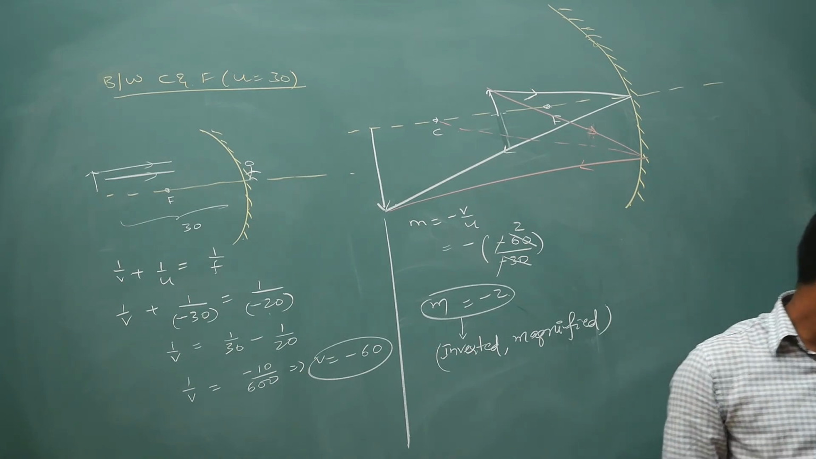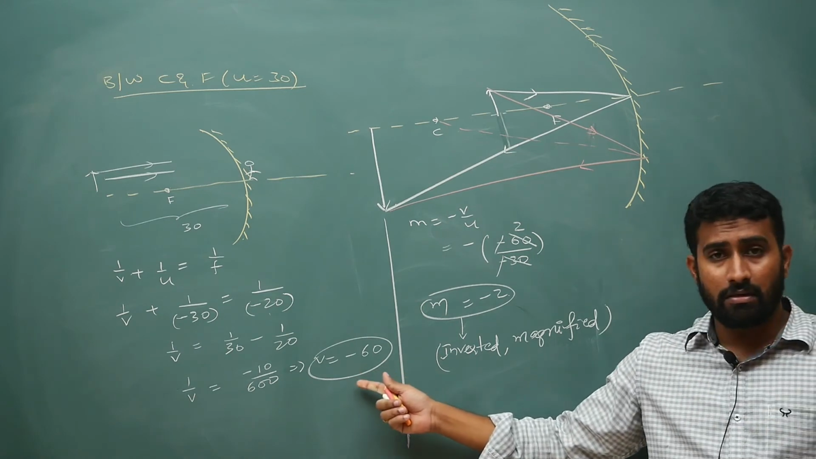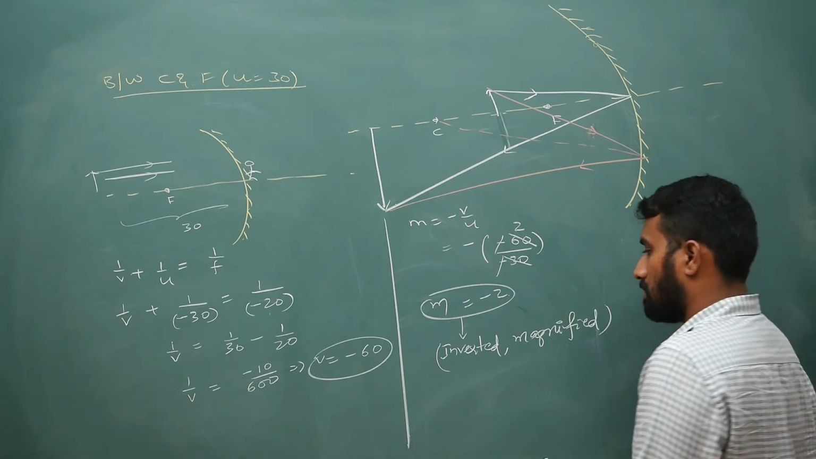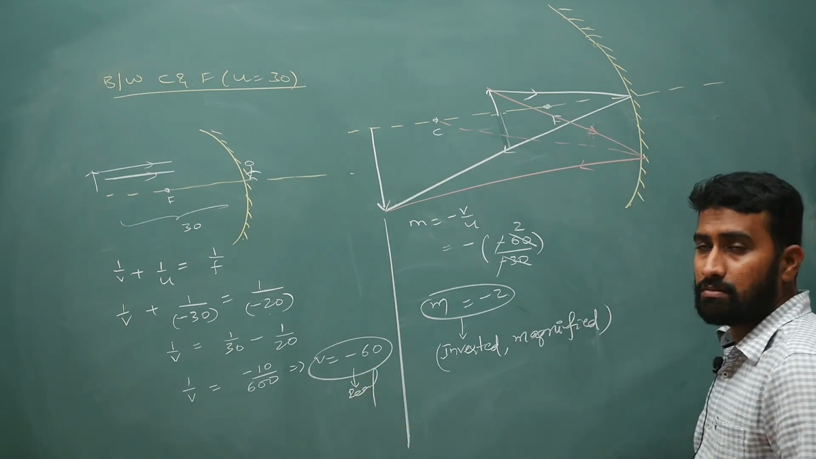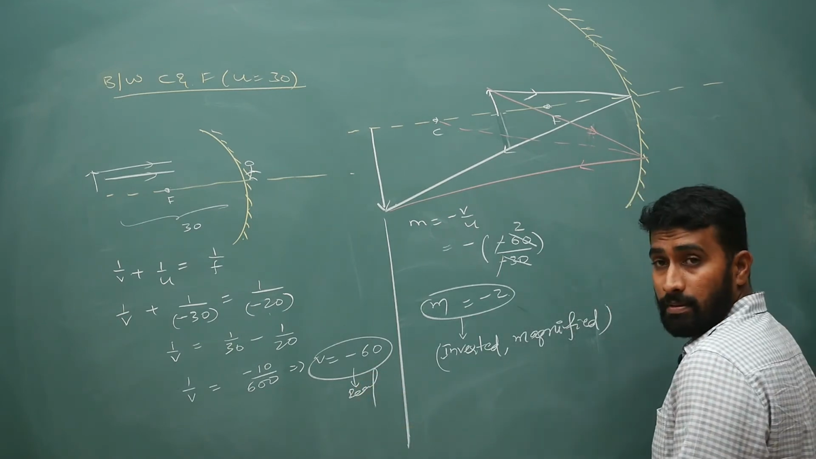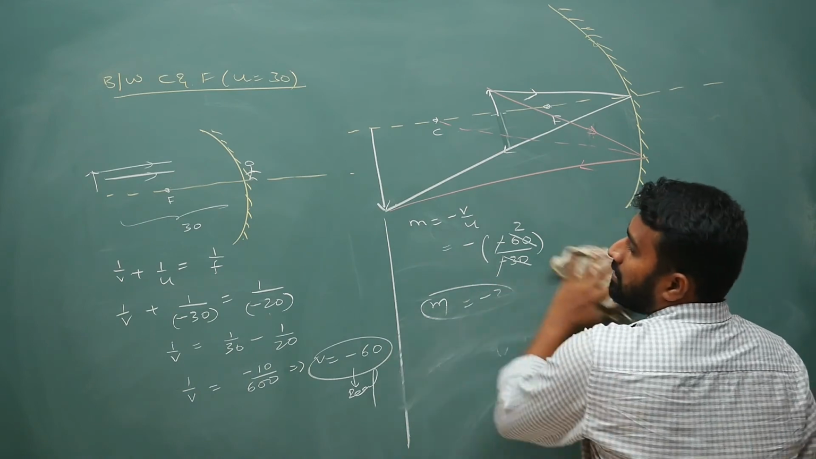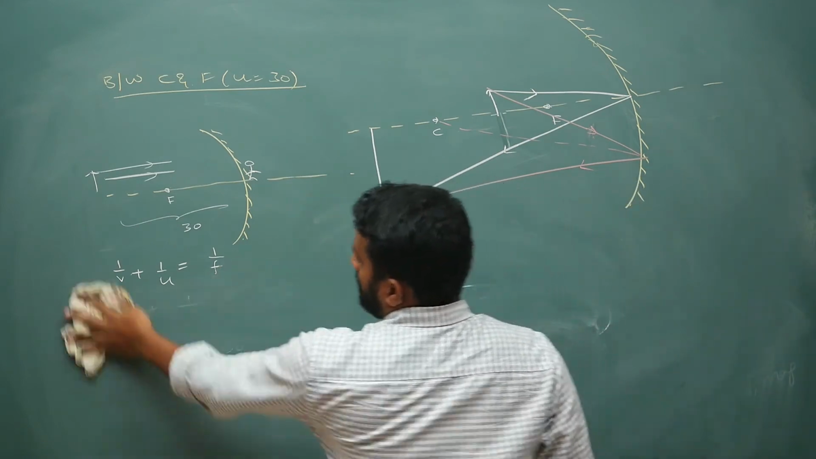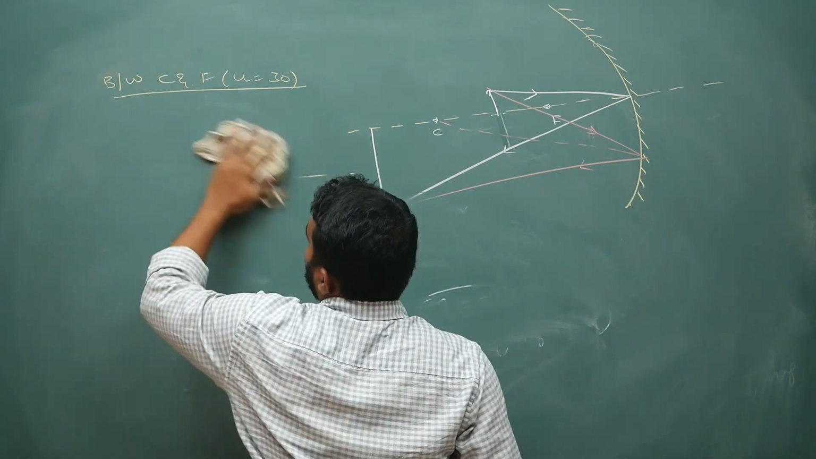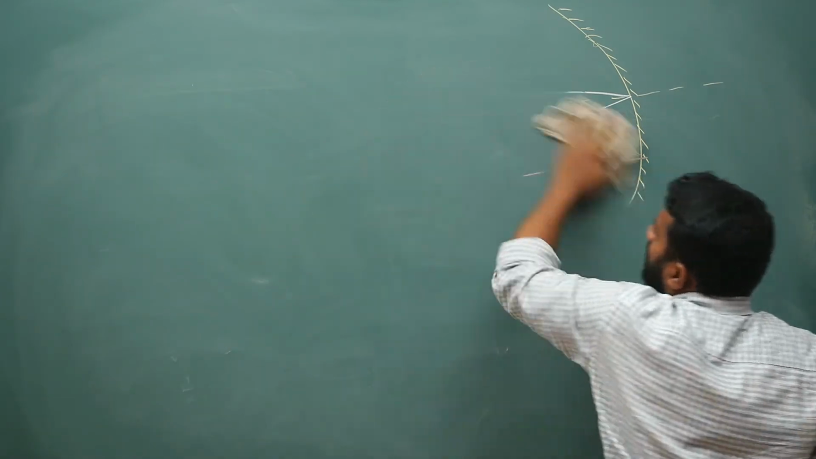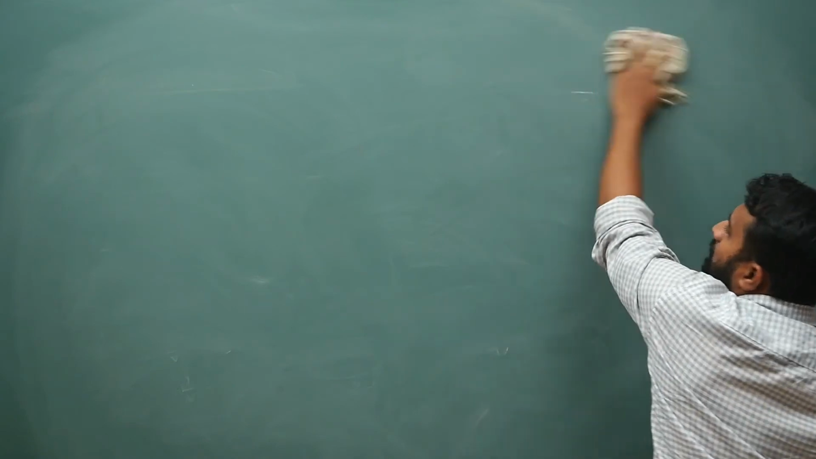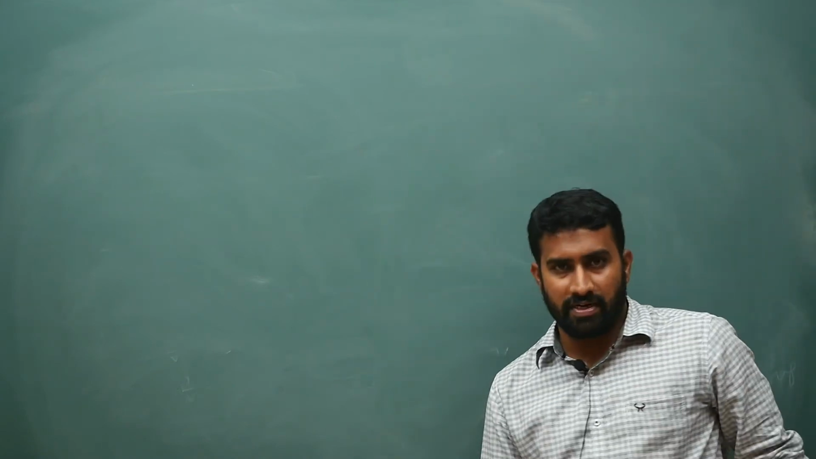Next, between C and F, what is the answer? You got real, inverted and magnified image. Okay, right? Next case is at focus. When you are placing the object at infinity, you got the focus. Okay, now when you place the object at focus, obviously you are supposed to get your answer at infinity, because